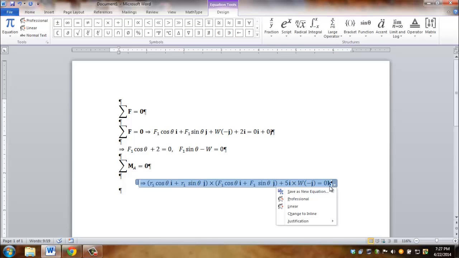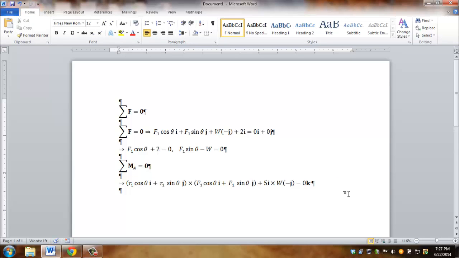Now, having said that, sometimes automatically it would center itself. You can go back and say change to inline, and then it appears in this way. So this is pretty much the gist of how you write equations. Let's suppose you have to write fractions. Let's say, for example, instead of cosine theta, you had to write a fraction. So what you could do is, instead of cosine theta, you could insert a fraction template